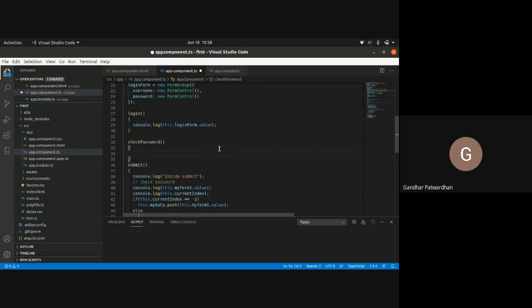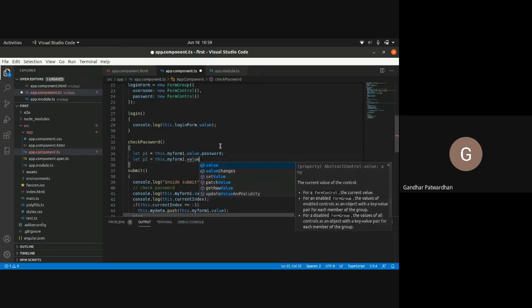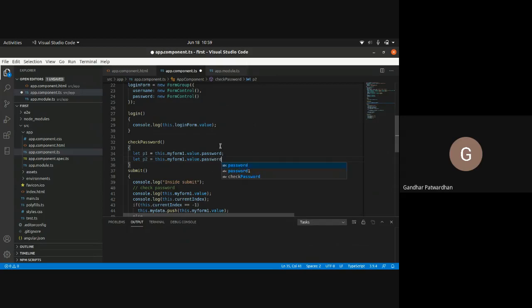Now in this, I'll say let p1 equals this dot my form1 dot value dot password, and I'll say let p2 equals this dot my form1 dot value dot password one.